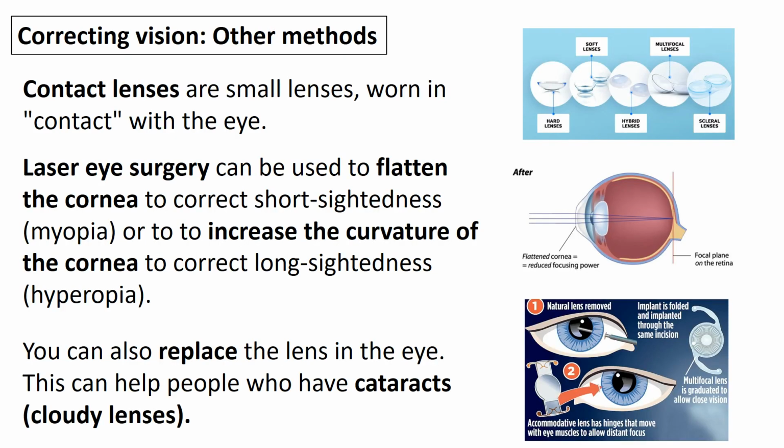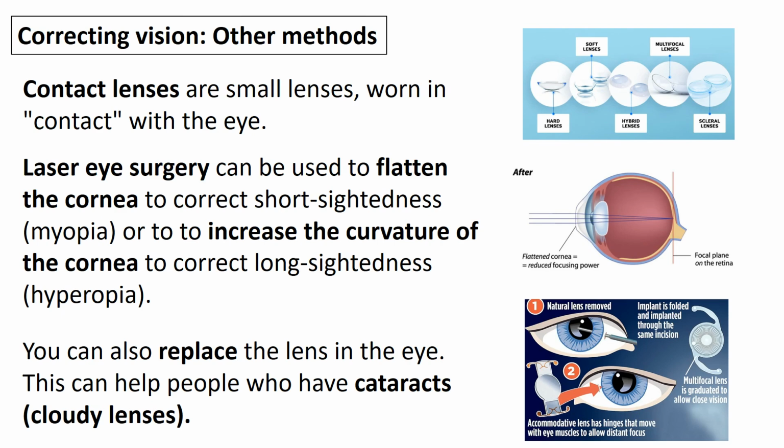There are other methods, obviously, of correcting vision. Contact lenses, again, can use those ideas of convex and concave lenses, but they are tiny lenses that actually sit in contact with the eye. You can also have laser eye surgery, which can be used to flatten the cornea, and that helps to correct short-sightedness, or to even increase the curvature of the cornea, and that helps to correct long-sightedness. So it reshapes the cornea, which helps with the refraction of light,